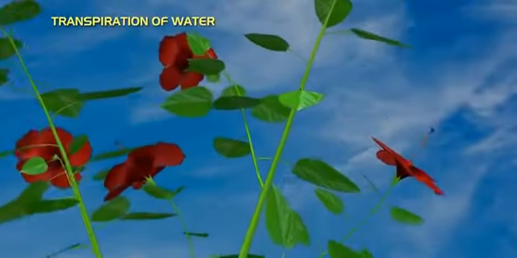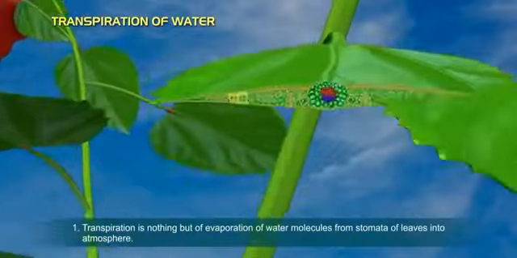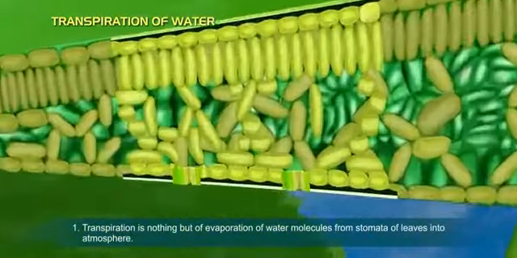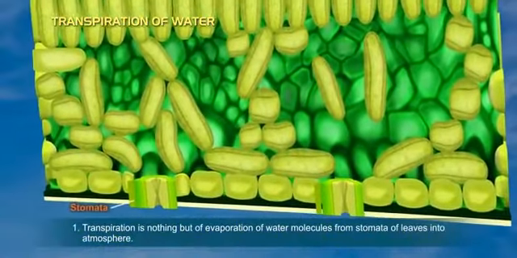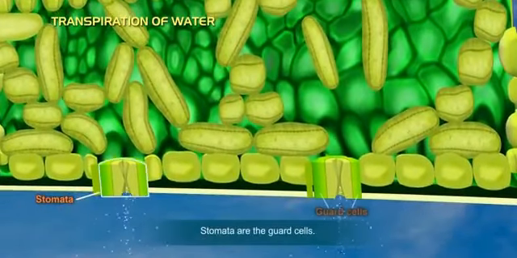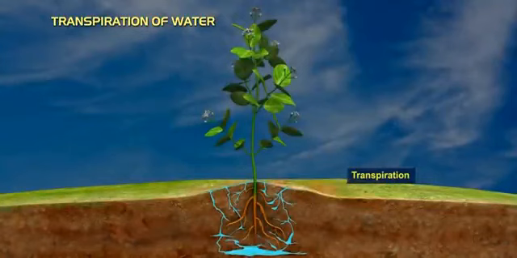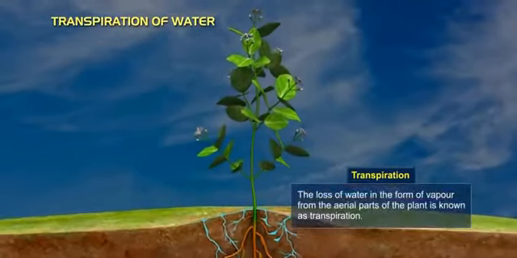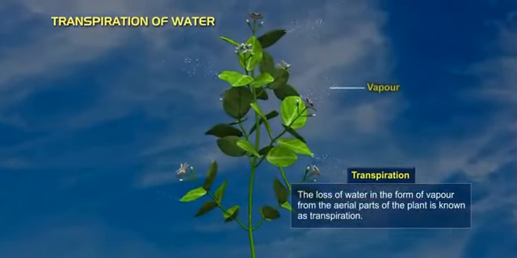Transpiration of water. Transpiration is nothing but evaporation of water molecules from stomata of leaves into atmosphere. Stomata are the guard cells. In definition, transpiration is defined as the loss of water in the form of vapor from the aerial parts of the plant is